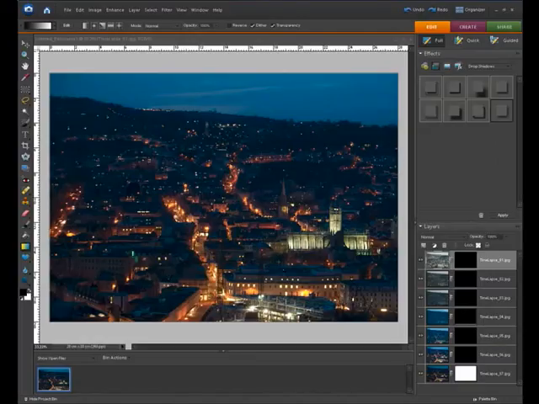So the first thing to do is just select the second to bottom layer, make sure that you've got your gradient tool selected and that your swatches show foreground as white, background as black. Just check that that's apparent in the gradient options at the top of the screen. You should see the gradient preview showing white to black, and you also want to make sure that you've got the linear gradient selected. Once you've done that,